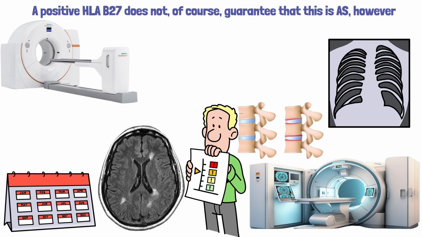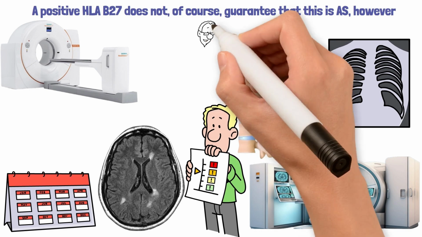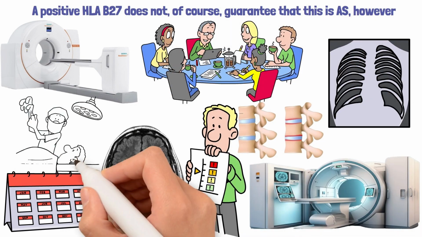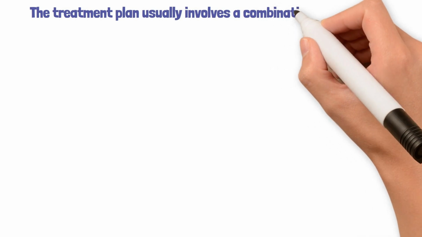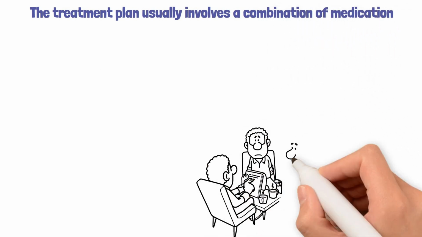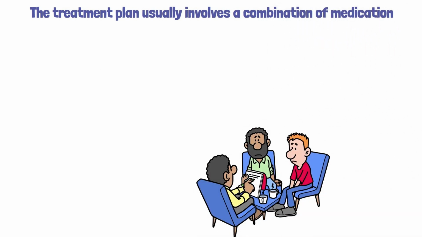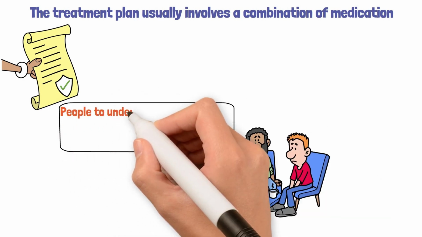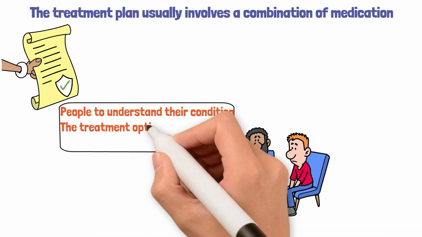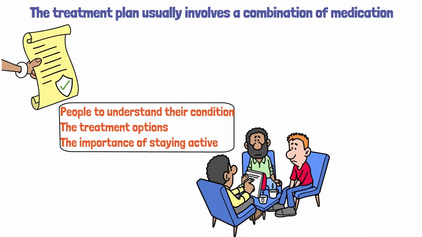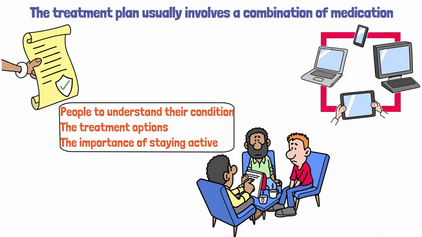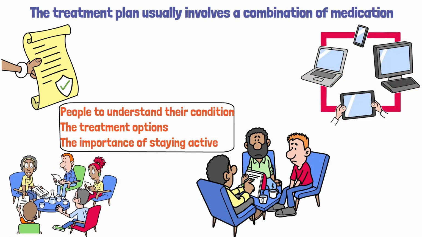When it comes to managing ankylosing spondylitis, treatment is typically coordinated with a multidisciplinary team, with the rheumatologist leading this team. The treatment plan usually involves a combination of medication, lifestyle change, and physical therapy interventions. Early education is an important part of the process in helping people to understand their condition, the treatment options, and the importance of staying active. People are often referred to support networks or educational groups where they can learn more about the condition and share